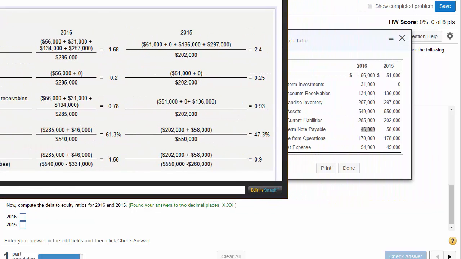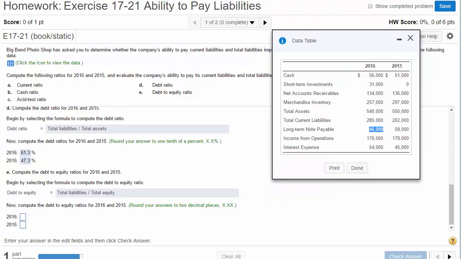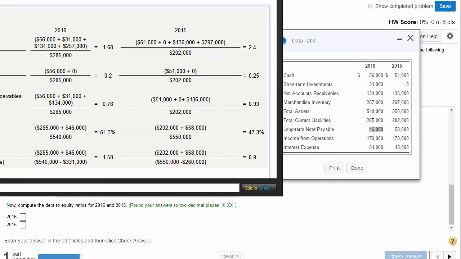So that's what we have here. 285 represents our current liabilities plus our long-term note payable of $46,000, and then that gives us $331,000 for total liabilities. So we're going to take our total assets of $540,000, subtract our total liabilities. That gives us equity. And when we do the math, we get